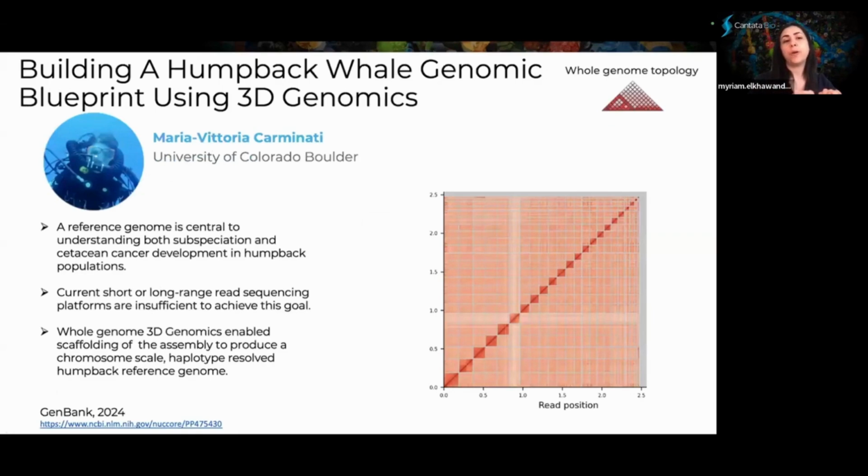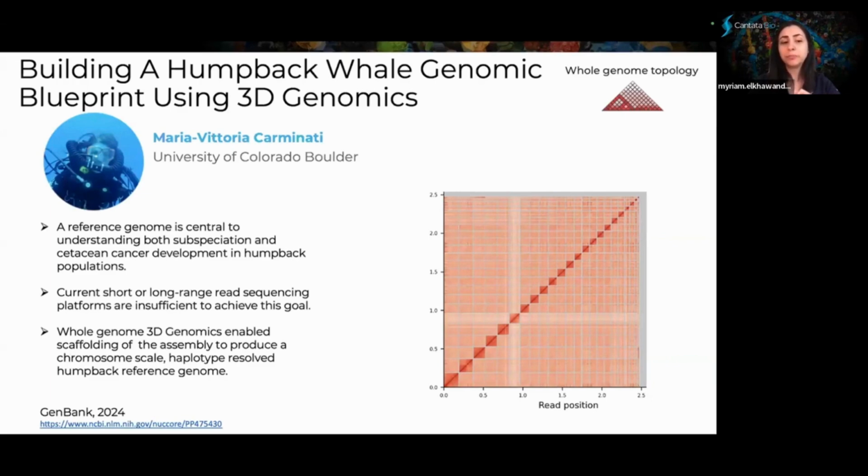The last case that we're showing is more related to genome assembly. This focuses on how whole genome topology information was used to help this researcher, Maria Vittoria Carminati from the University of Colorado Boulder. It helped her build a reference genome, a chromosome-scale genome, that is important for her study on subspeciation and cancer development in humpback populations. So having a reference genome, a high quality genome, is important for her to be able to study